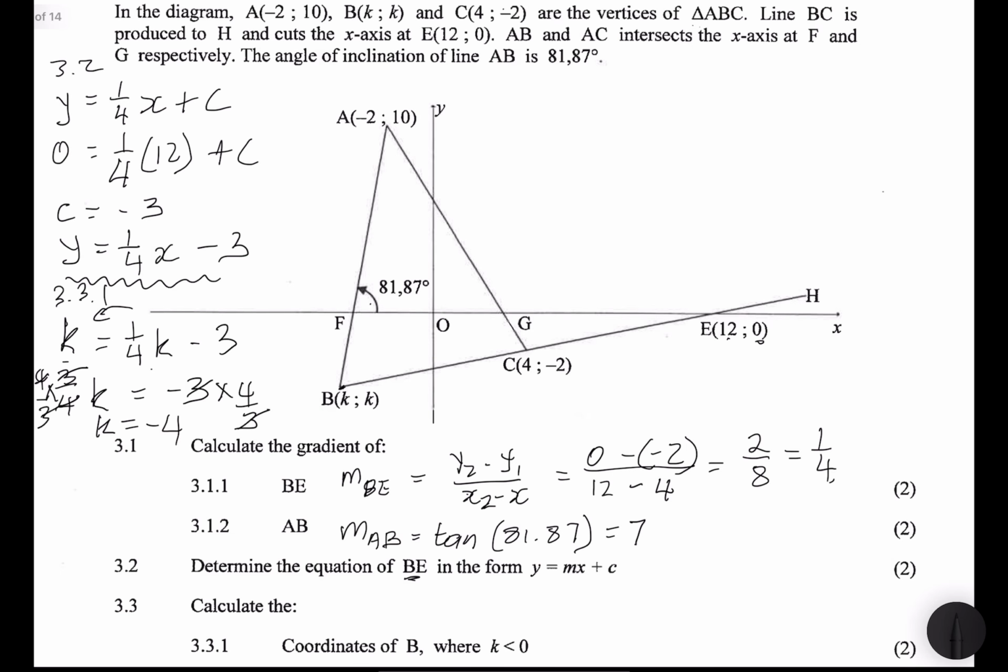All right, I hope that is still quite visible. So we get the value of K to be equal to negative 4. Okay, and they did say that it is less than 0. So we know that's going to be negative 4 and negative 4. All right, now,